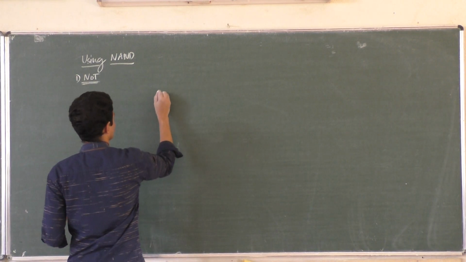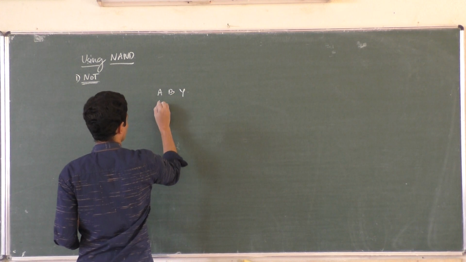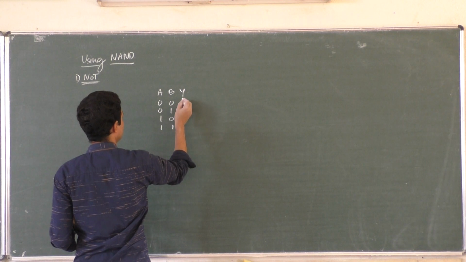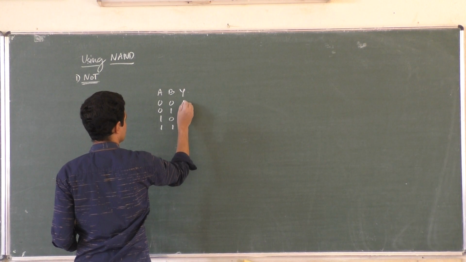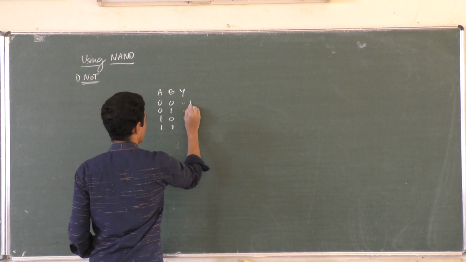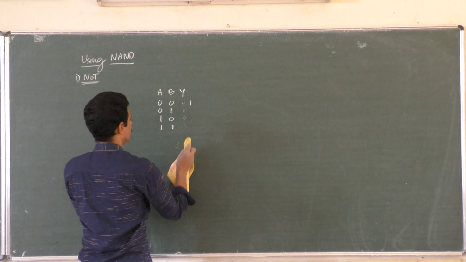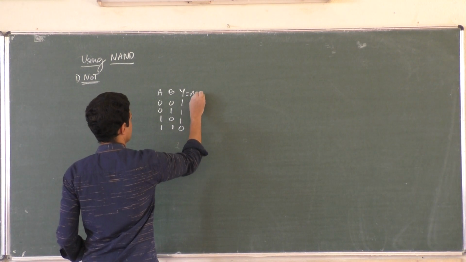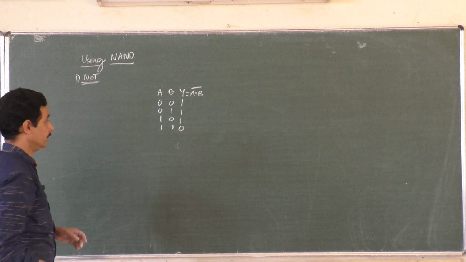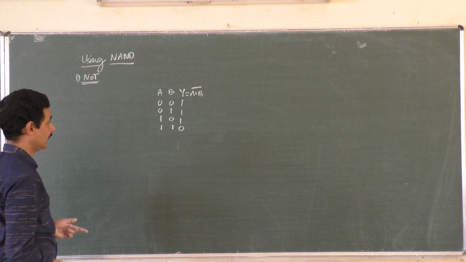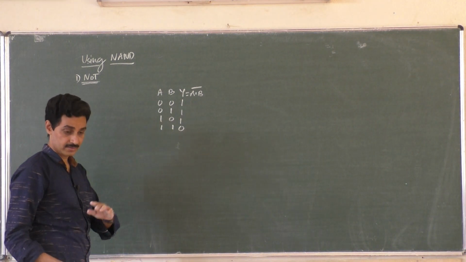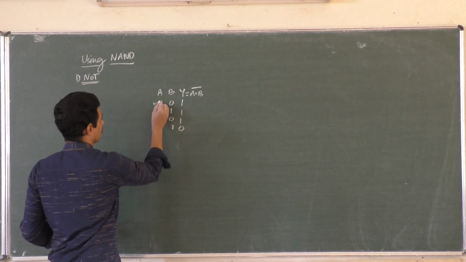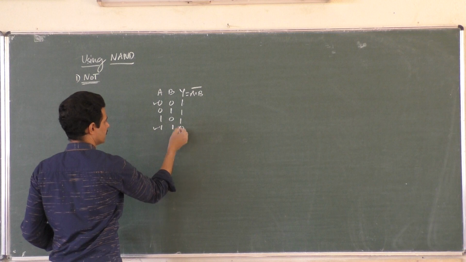We will write the truth table of the NAND gate. A, B, Y, right? 0, 0, 1, 0, 1, 1, 1, 0, 1, 1, 0. AND means this should be 1 and other things should be 0. NAND means 1, 1, 1, 0, correct? This is NAND, A dot B bar. You know this, correct? Now you see the truth table, because theoretically we will go, otherwise simply memorizing is not good. You see 0, 0 input, 1; 1, 1 input, 0.